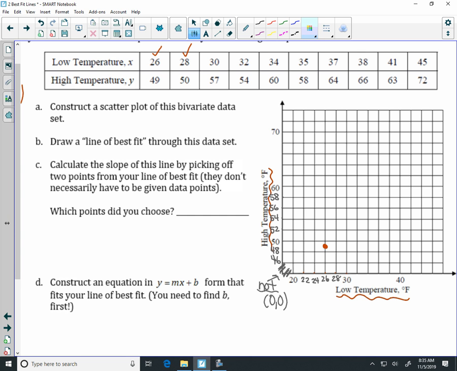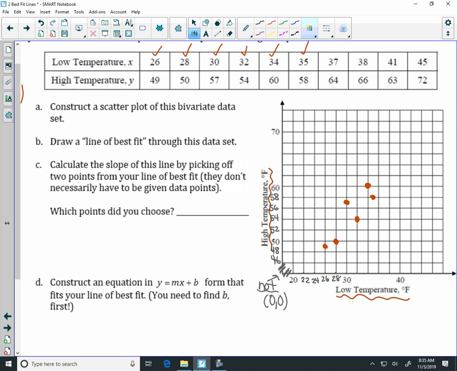28, 50. 30, 57. So 57 is going to be right between 58 and 56. 32, 54. 34, 60. So can we count 60. 35, 58. 2, 34, 35 is going to be right between these two,